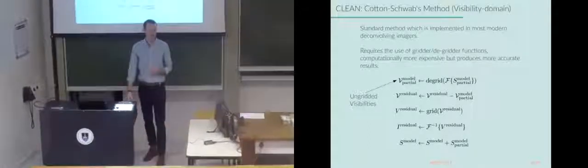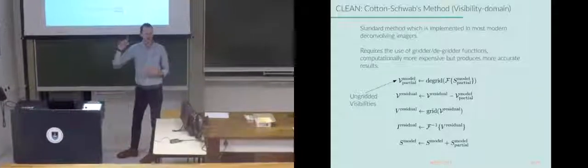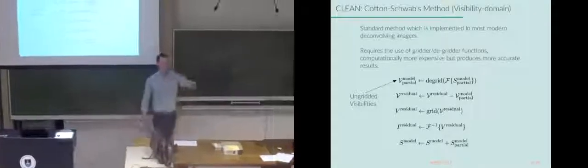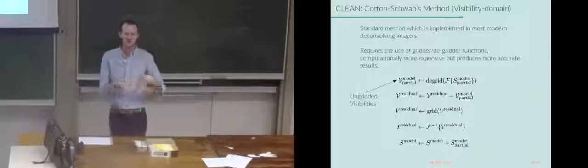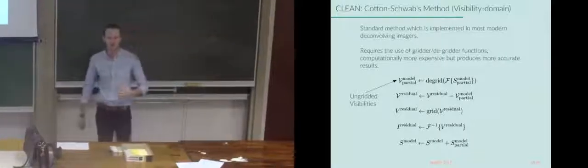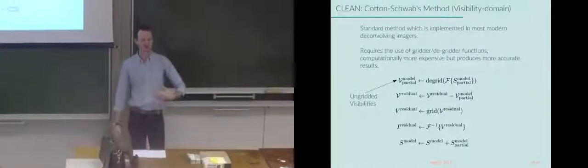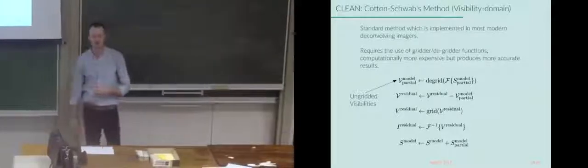And remember last week when we talked about gridding and degridding, this whole degridding idea comes in with Cotton-Schwab-Clark. So you go from your image, which is gridded, to some visibilities, and then you degrid it to the original raw visibilities that we observed. And that's where you remove from. Going back to the original visibilities removes the most artifacts, but is computationally very expensive.